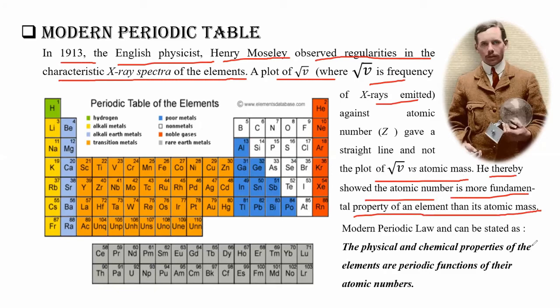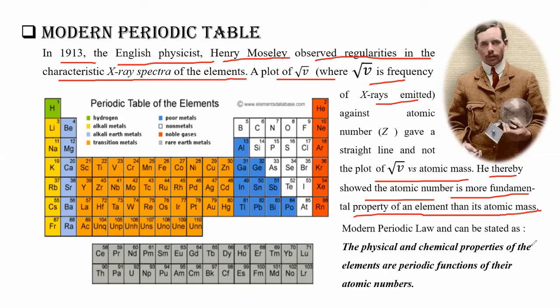This was one of the greatest discoveries in the history of the periodic table, when Henry Moseley used the X-ray diffraction spectra and showed that atomic mass is not that relevant so far as the atomic number is considered. Atomic number is a much better fundamental property compared to atomic mass. And with this discovery, what happened? A revolution came in the development of the periodic table. Every problem related to isotopes and the rest was solved, and this new periodic table was formed, which is called the modern periodic table.